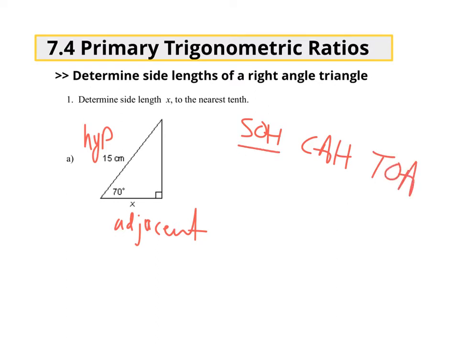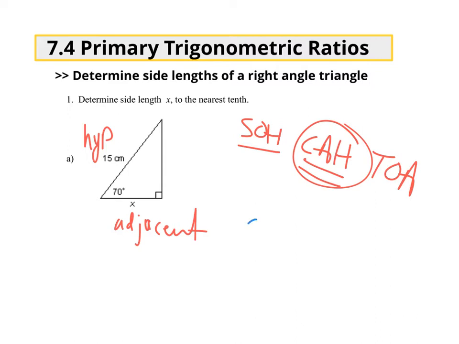And the sine ratio is the opposite length over the hypotenuse, which is not in this case. The cosine ratio is the adjacent over the hypotenuse, and those are the two sides that we have in this case, so we're going to use the cosine ratio, and the tan ratio would have been the opposite over the adjacent. So now that we discovered it's the cosine ratio, let's set up our fractions,